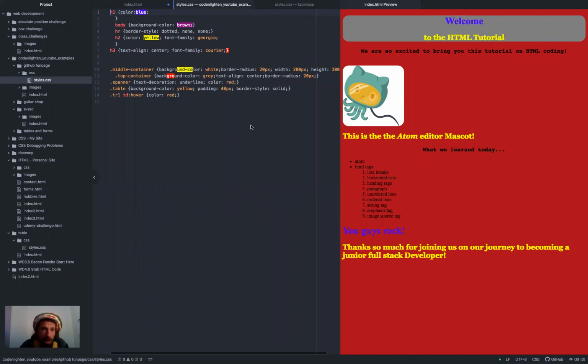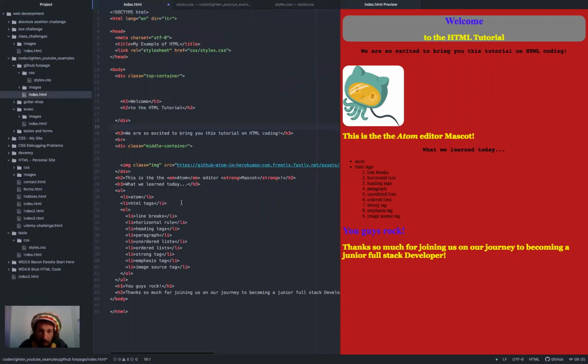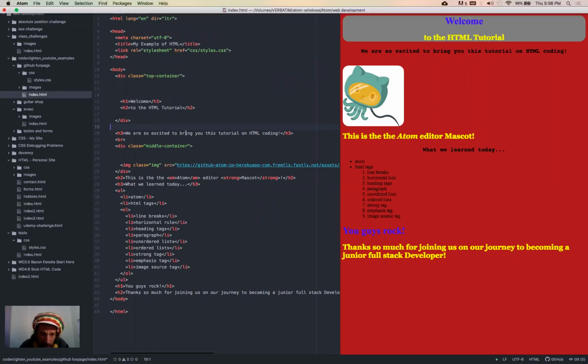All right, so let's go ahead and add some text in our div right here next to the mascot, and we'll show you how to wrap it, and we'll show you a few different things. I think we went over positioning yesterday, if I recall. All right, so let's go ahead, and first thing we'll do,